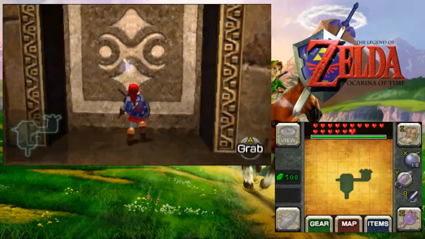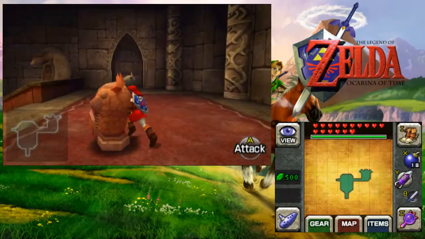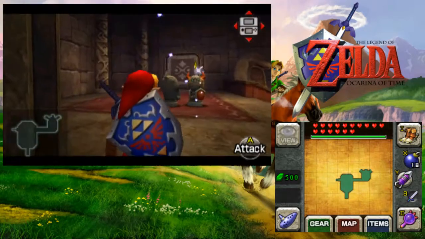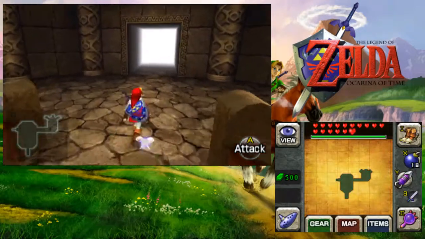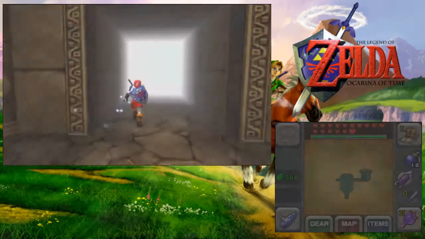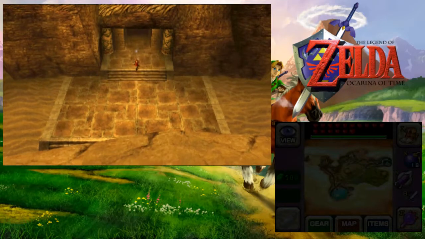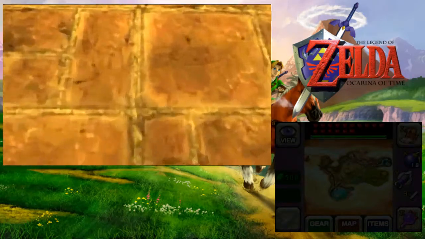Alright, so first things first. Cannot move this block. Second thing second. Cannot crouch through this area. So that leaves me with nothing we can do in this temple. Fortunately, that's actually exactly what they want you to do. Because